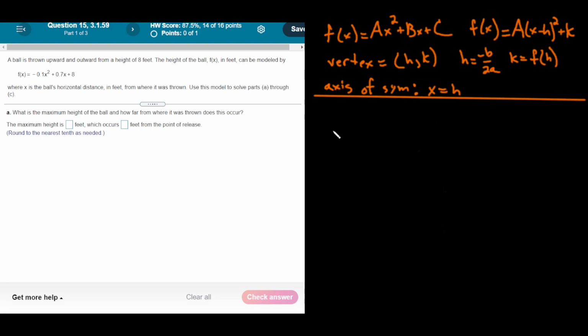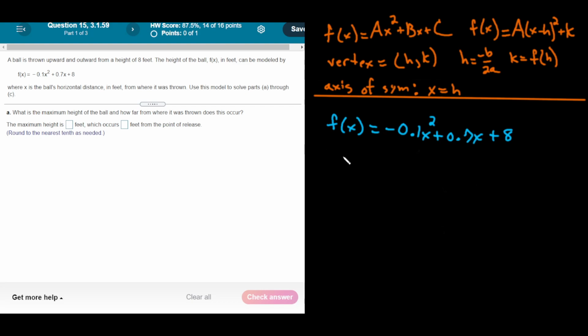So f of x is equal to negative 0.1 x squared plus 0.7x and then plus 8. You know, I think I know what happened in the last problem. I think I left it as a negative, yeah. I bet that's exactly what happened. It may not have changed it. Anyway, yeah. That's me thinking back. Anyway,